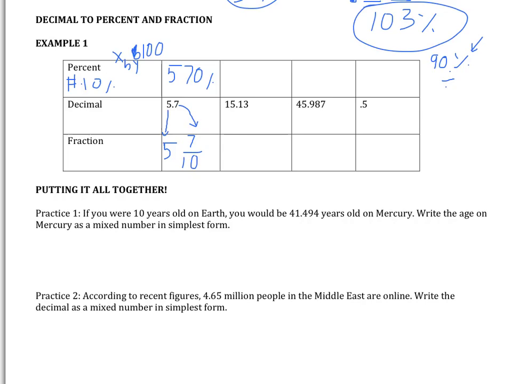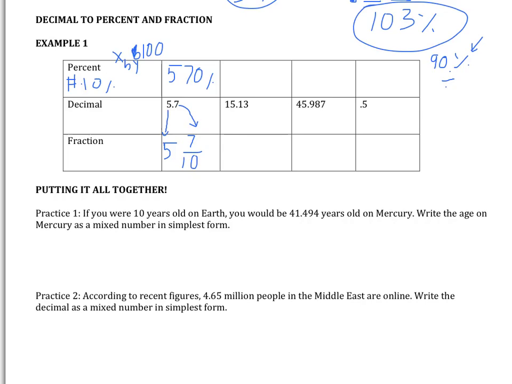Now, you should also be able to do this on your calculator, especially if you have the blue ones. You can punch in 5.7, convert it to a fraction, and if it gives you an improper fraction, I think it gives you, let's see, 57 over 10, hit the second button and then the ABC button and look above it, and that'll convert it to a mixed number. Again, if you have the blue TI-30X2S, or something similar to that. Alright, the next one,